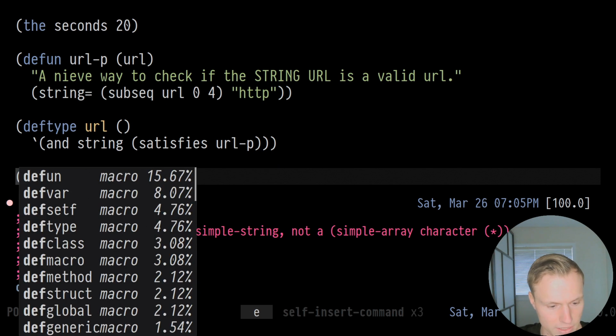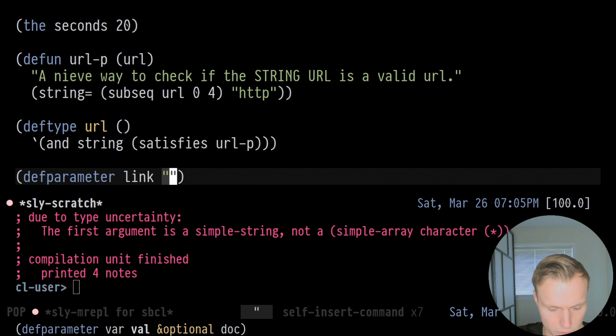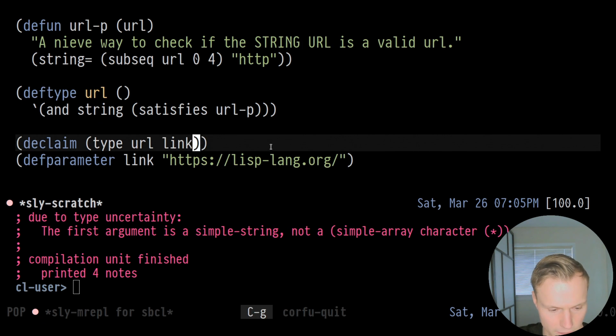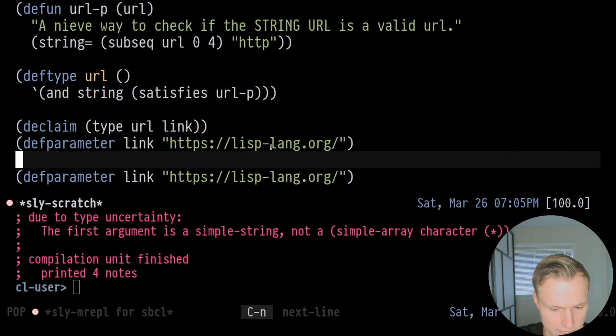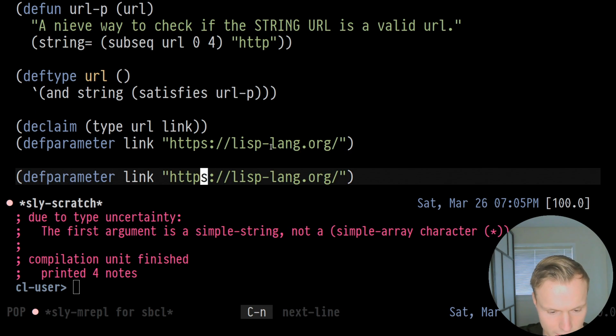So for example, def parameter link, and then this will be URL link. Okay, now let's compile that. Now that passes just fine. Now if we did this, but instead we changed it, so let's go ahead and do